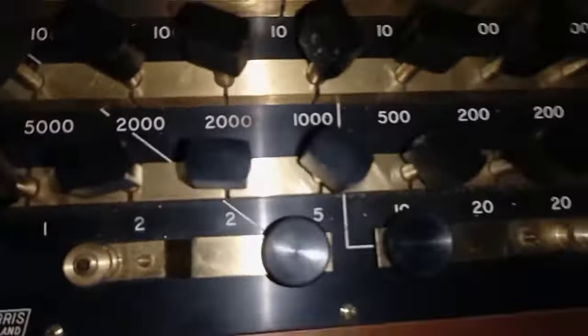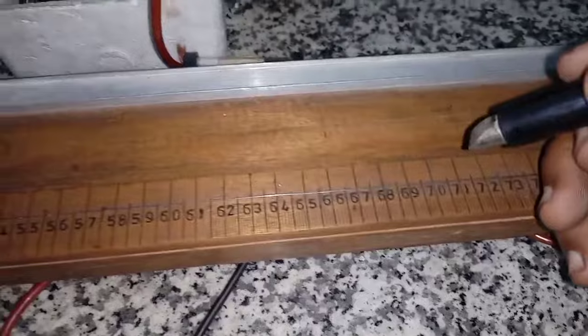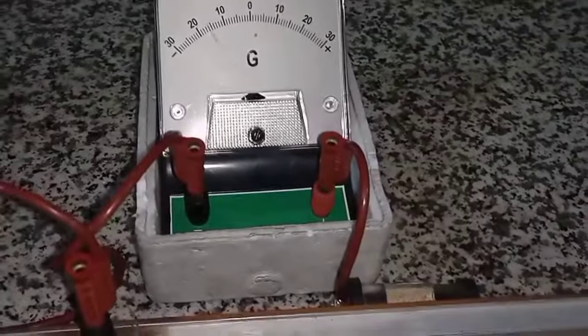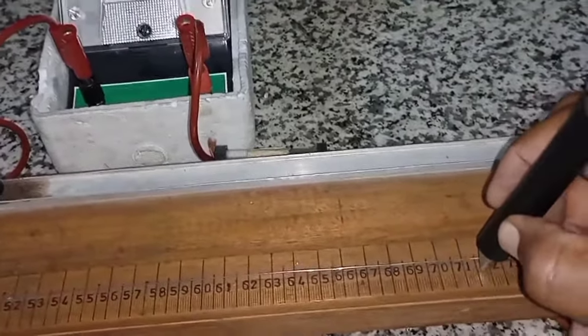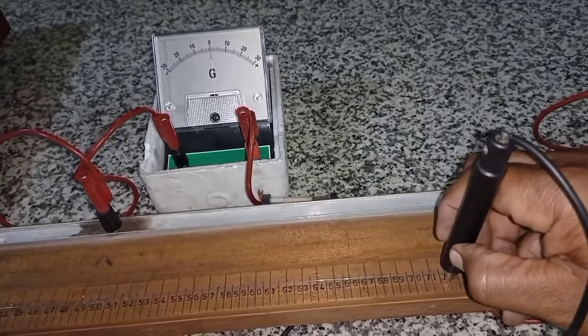Okay, I'm going to open 5 now. Yeah. Now, as I've opened 5, I'm also going to use the jockey to go through again on the meter rule, on the constant wire, for the resistance of the unknown to be recorded. Okay, so you keep testing. I will be going close to the right more. Keep going. Keep testing. I'm watching my galvanometer. So I think I got it. Yes, that is the balance point. And that is at 72 cm. Okay, let's tabulate our readings and then